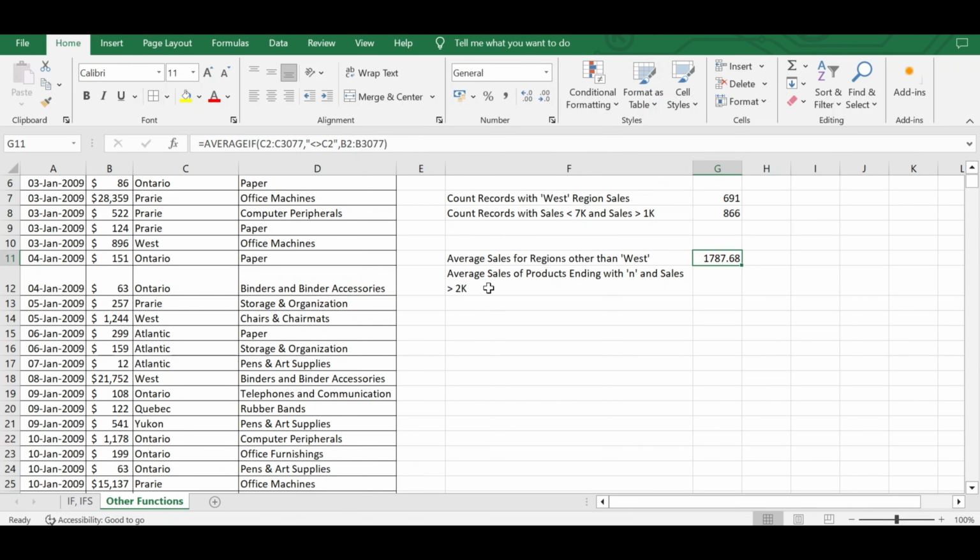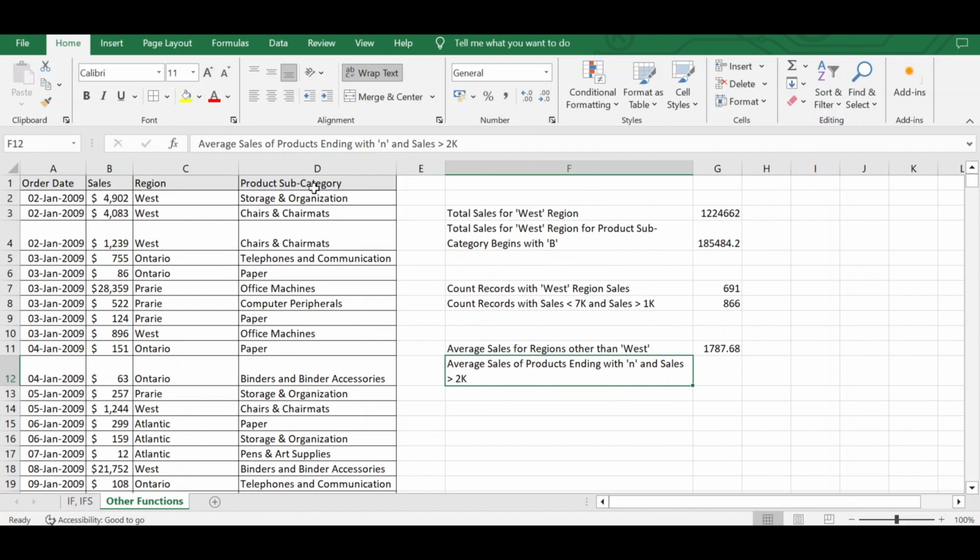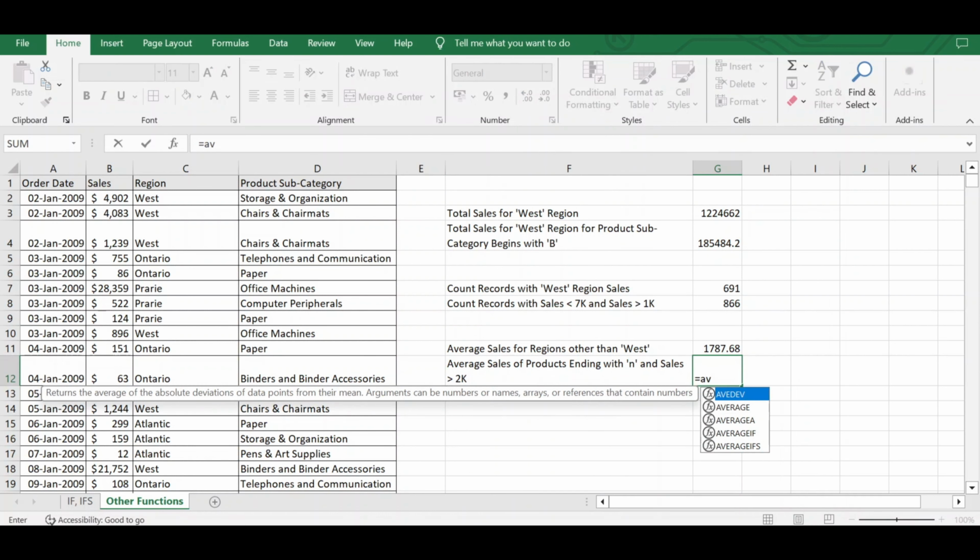Let's see another use case. So here I want the average sales of products which are ending with N and sales is greater than 2K. So here I have again two conditions where the product subcategory is ending with small n and the sales is greater than 2K. Since I have two conditions, I cannot use AVERAGEIF. I will go ahead with the AVERAGEIFS function. So I'll type equal to AVERAGEIFS,